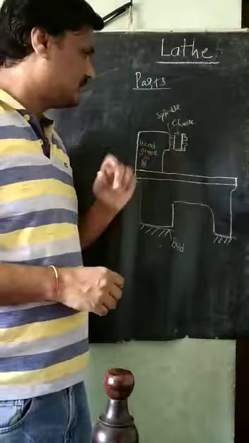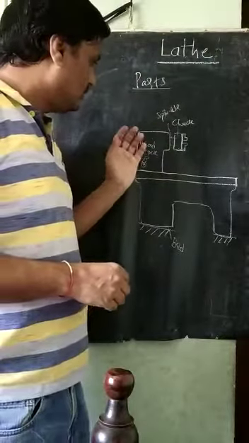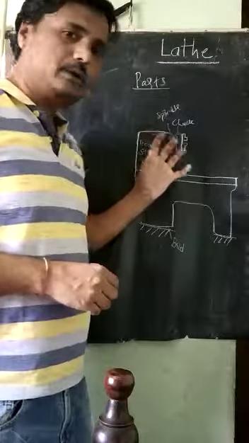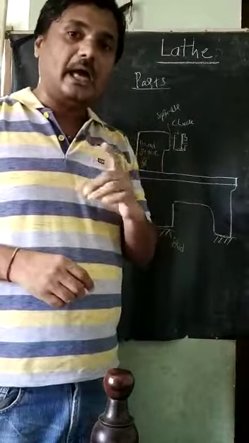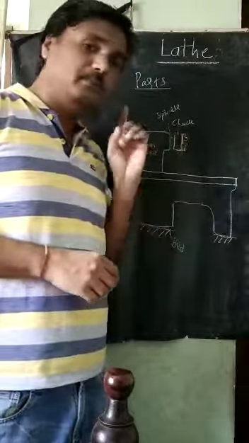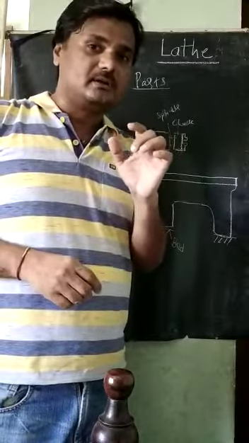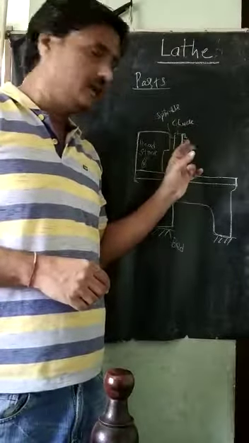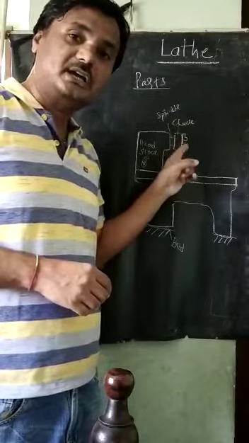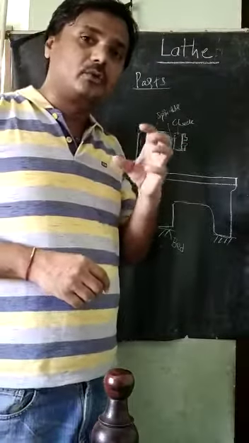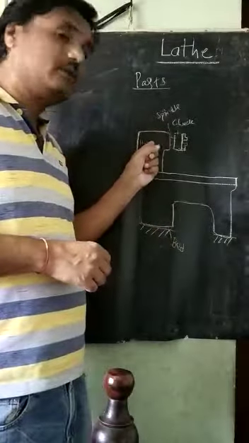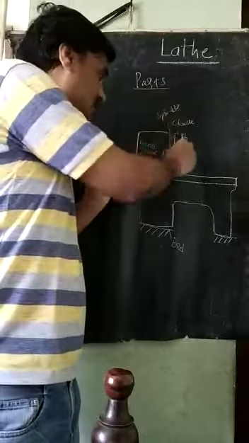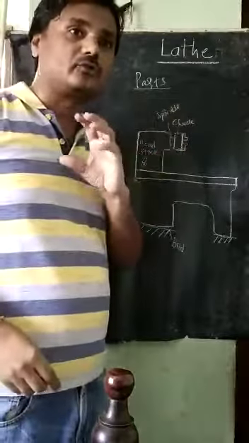So there are a variety of chucks. This is all about holding the workpiece or job firmly, and the arrangement has been made to give rotation to the workpiece held in the jaws of the chuck. The speed of rotation we can also control with the help of the gearbox inside. This total arrangement is called the headstock.